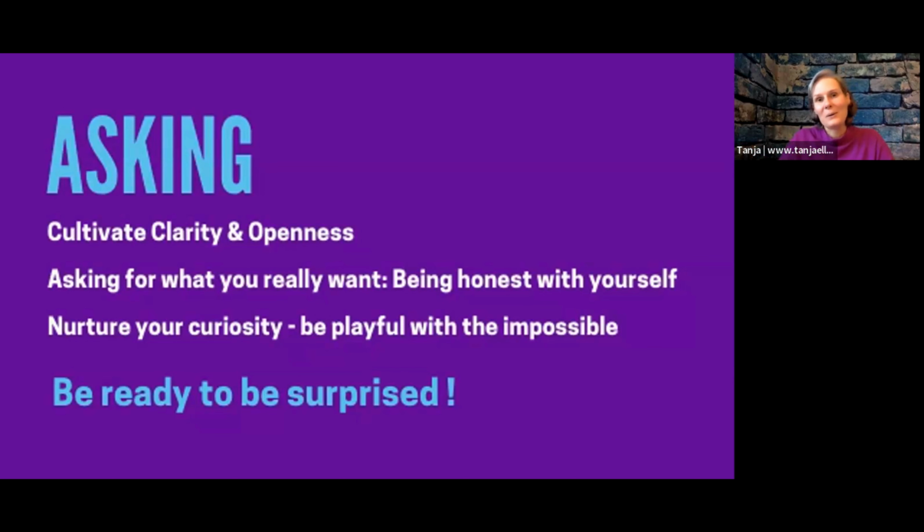What I would like to encourage you to is to really nurture your curiosity and be very playful about asking into also the impossible. Be playful with what you think is impossible. Don't limit yourself in the beginning of your process of quantum exploration by only asking things that you assume are reasonable to ask, or possible, or proven, that you can actually ask about. Let this just go. Open your mind as much as possible so that everything can be possible for you as an answer.